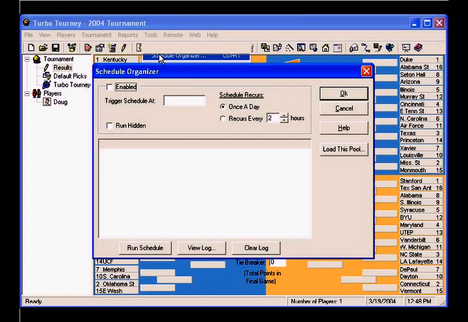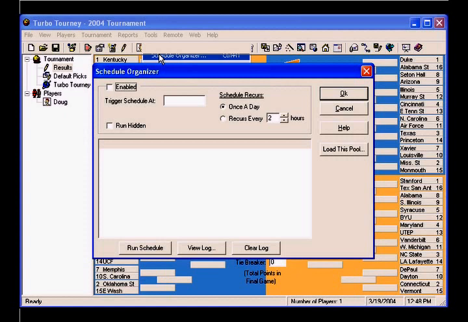And then you have an option to run the scheduler hidden or visible. Typically you might just want to have it run visible so that if you happen to be on the computer, you can see what it's doing. But it happens pretty fast, so I'm going to leave this option unchecked because I want to see it run when we do this. And then what you see now are all the pools in your computer that are currently